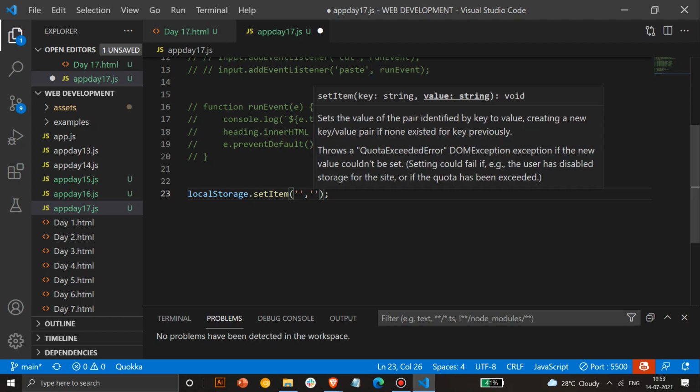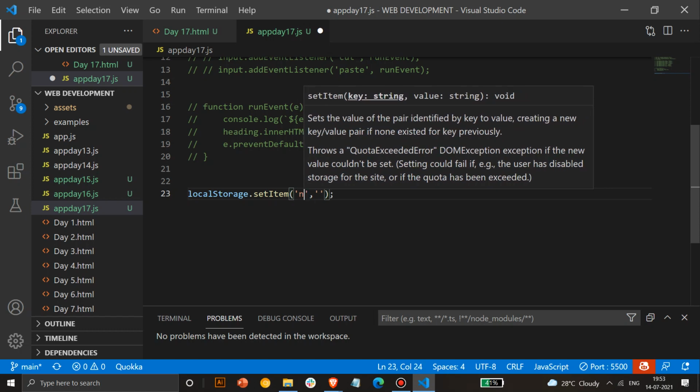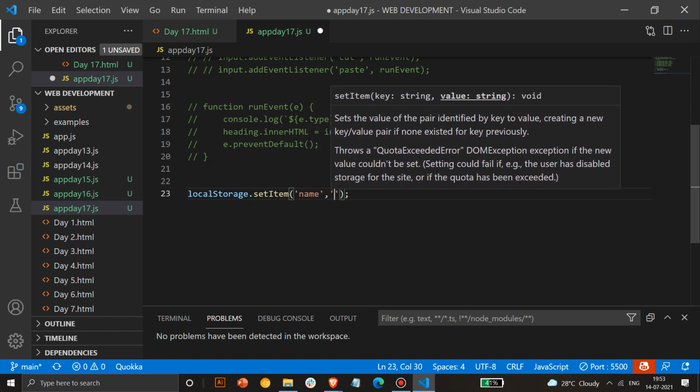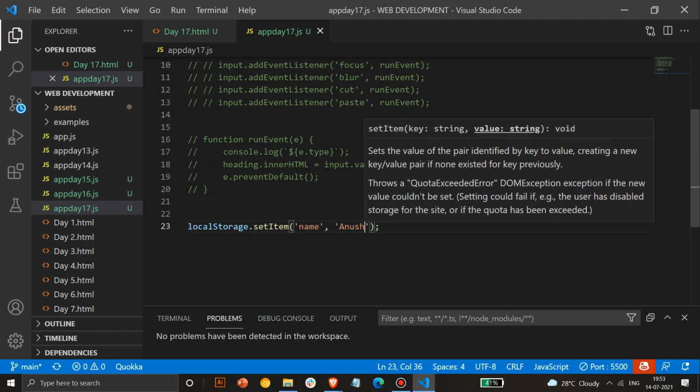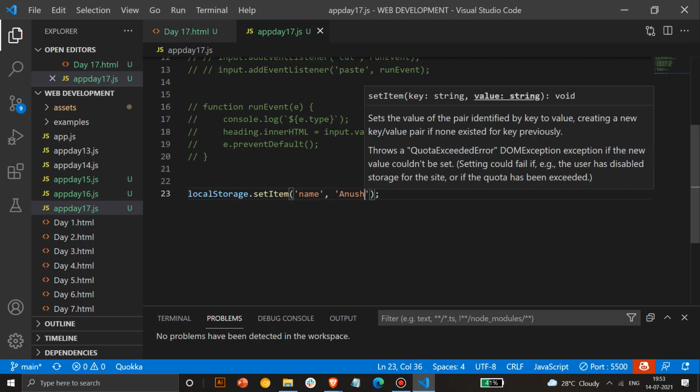Okay, so what do you guys want to save? Anyone? Okay, we'll save name. So we'll take name. And one thing, in local storage, it will store data in key and value pairs. Yeah, it shows key and value.